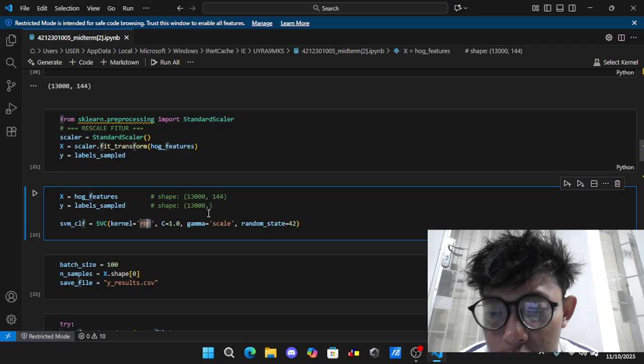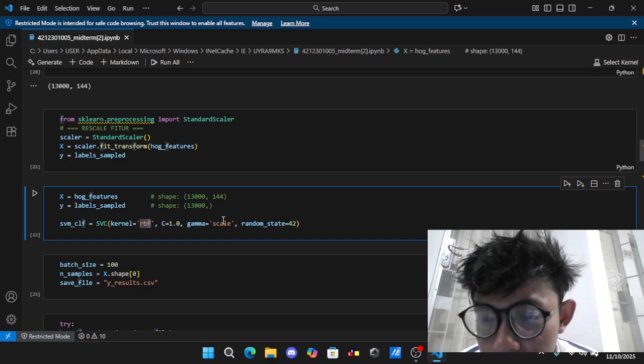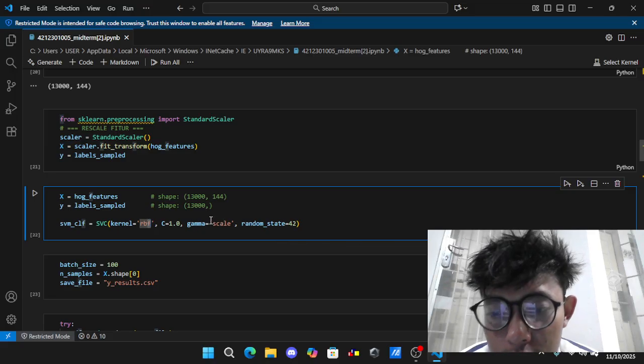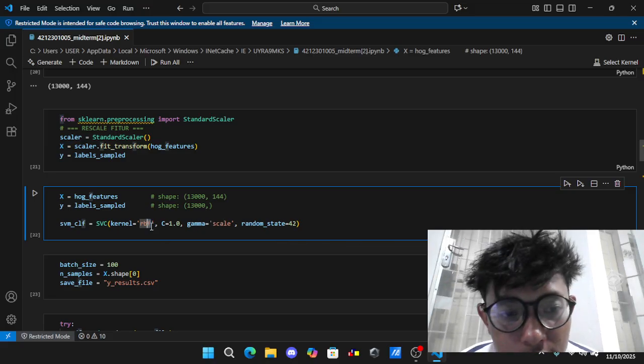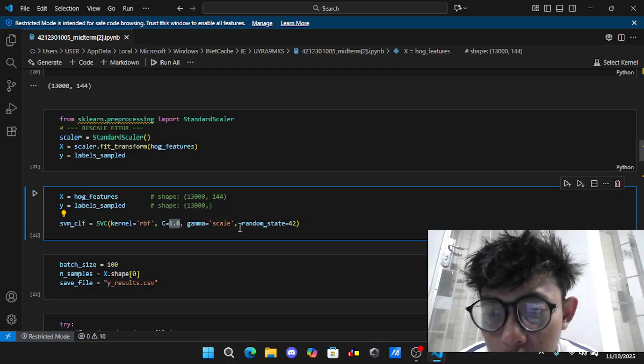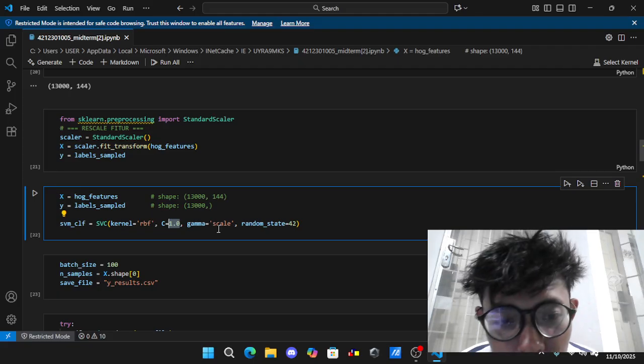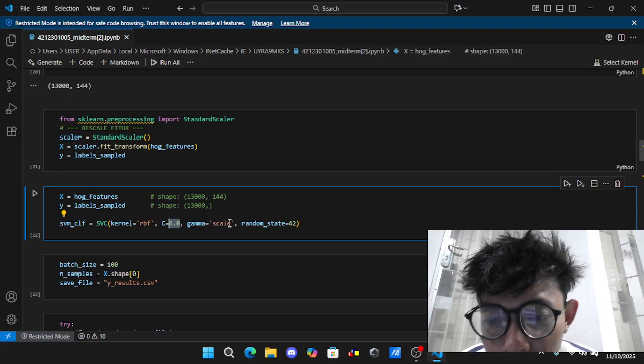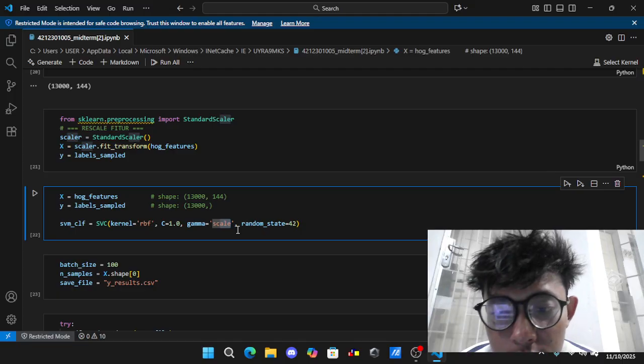The SVM is trained on the HOG characteristics to identify the letters A to Z using the following parameters. Kernel is RBF, C with value 1.0 to control the error penalty, and gamma is scale, to automatically modify the gamma based on the data.